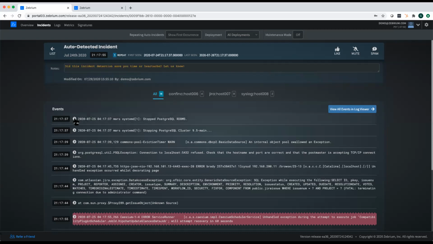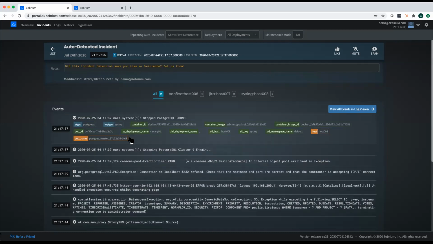And it starts with this one. Now, what's of note here is this is a message from syslog, but it's not an error. So there's no error severity. In fact, it's an info level message, which again, wasn't instrumented in any way. And it says stop Postgres. So pretty clearly, if Postgres is stopped, there's probably going to be some sort of impact to the rest of